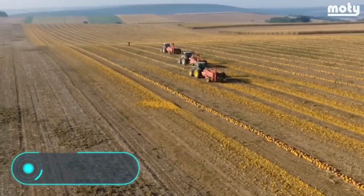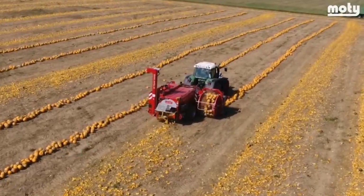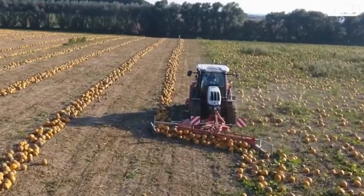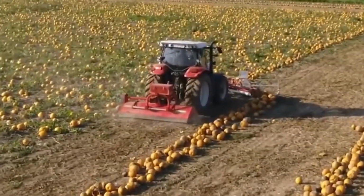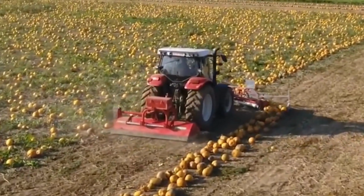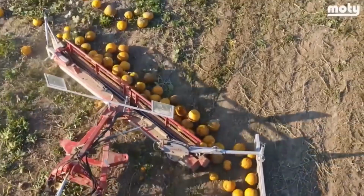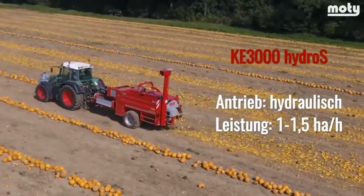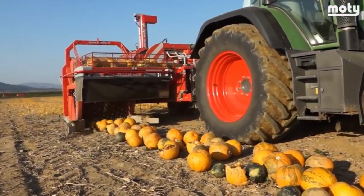Moti KE3000. This new hydraulic combine is impressive for its functionality, shape, and design. This pumpkin harvesting machine is equipped with a huge sifting cylinder composed of semicircular rods which guarantee high productivity. The cylinder crushes the pumpkin and sends it to the transporter. The conveyor, in turn, runs on a heavy fuel engine and consists of a low-wear belt with several layers of